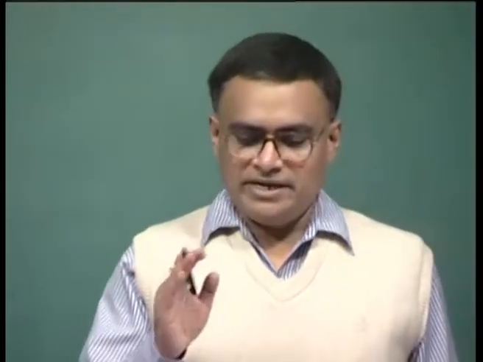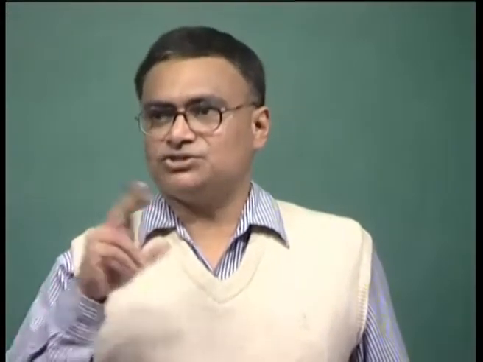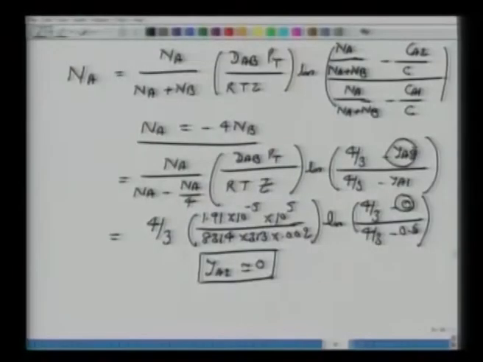Mole fraction of A at location 2 is 0. Why? Because it's a very fast reaction. N_A equals minus 4 N_B. Why? Because there is a stoichiometry: 4 moles of carbon monoxide give 1 mole of product P. So with those restrictions, we have simplified this expression, and we have obtained an expression for N_A in terms of all known quantities. So that's why this Y_A2 is 0 here. After substituting, we have a numerical value of N_A equals 2.925 times 10 to the power minus 4 kilomole per meter square second.